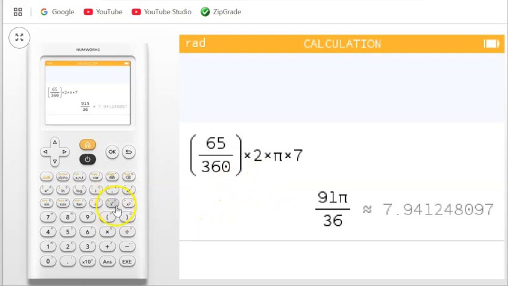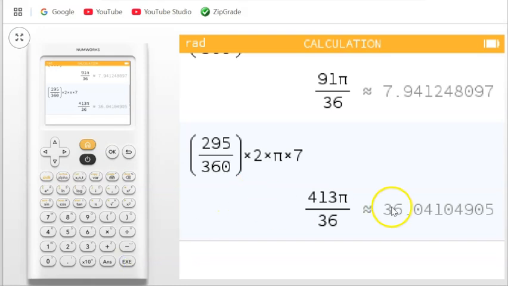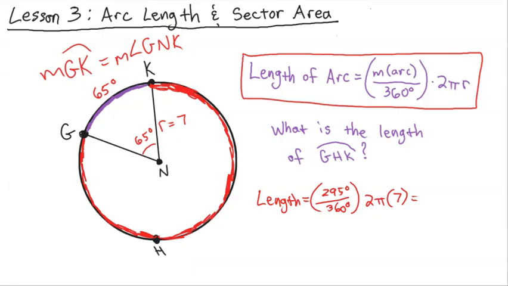So we're going to do 295 divided by 360, close, times 2 times pi times 7, and that's going to give us 36.041. And that is the length of this red